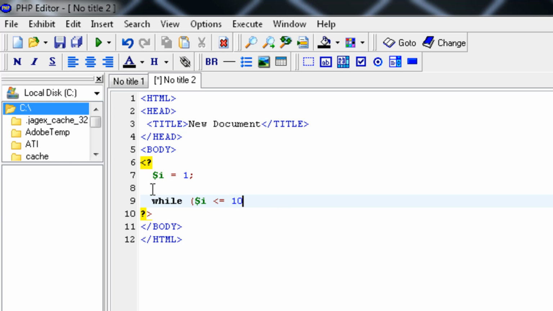Alright, so this means equal to 10, and this means smaller or equal to 10. Okay, so this means smaller than 10, and this means smaller or equal to 10. Okay, now close off the bracket, use this bracket so we can use more lines of code, and then write